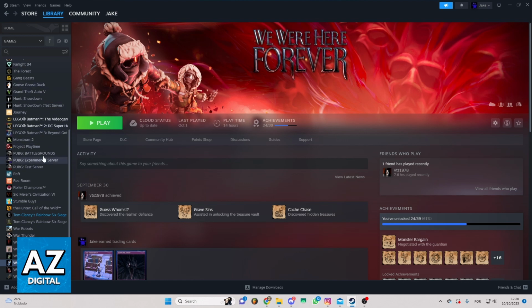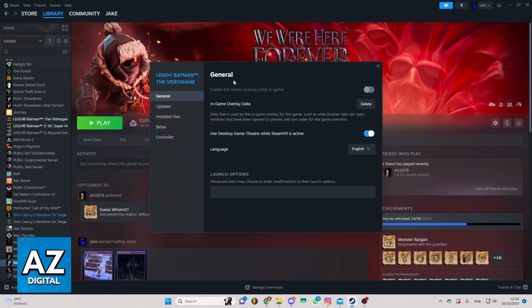So, for example, in my case, I don't have the Mortal Kombat 11 here, but it works. It doesn't matter. So you need to select your Mortal Kombat 11. I will select this one, for example, but it works. You need to select, and this tab will appear, and you can check manage, add to, add favorites, and much more. So if you just want to change the language, you can click right here in properties.